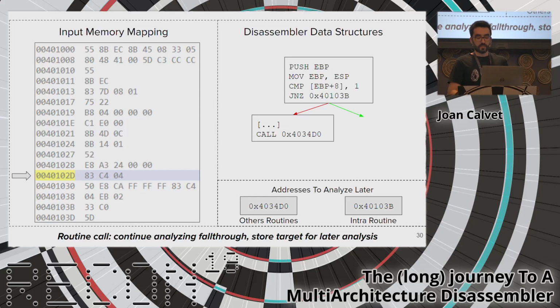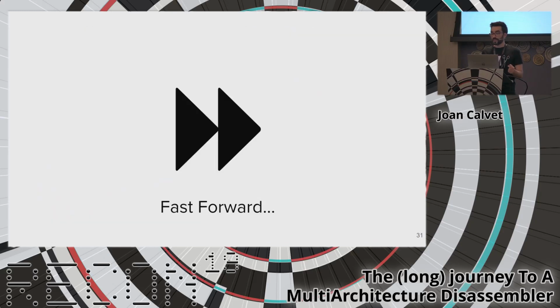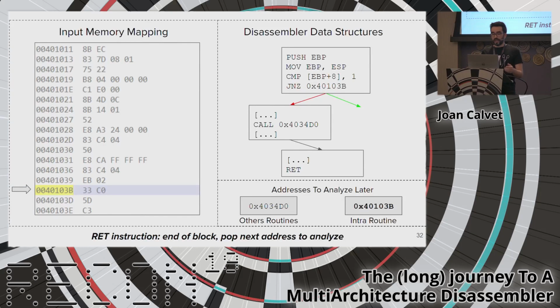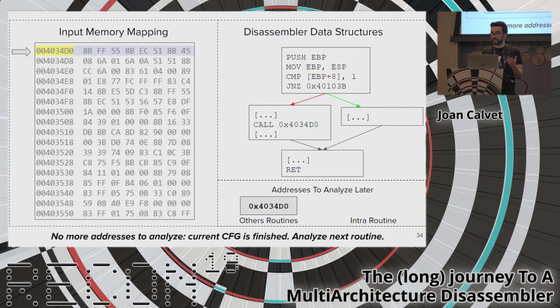We continue disassembling the fall through first, and we store the call target for later analysis in a different bucket, because that's a different type of addresses. It's supposedly another routine. So fast forward again, we disassemble call fall through, and end up disassembling a ret instruction that's a return to the caller, so that's the end of the current basic block. And we have another address to analyze in this routine in the right bucket, so we continue from there to terminate parsing this routine. We continue and end up with no more addresses to analyze for this routine, so we